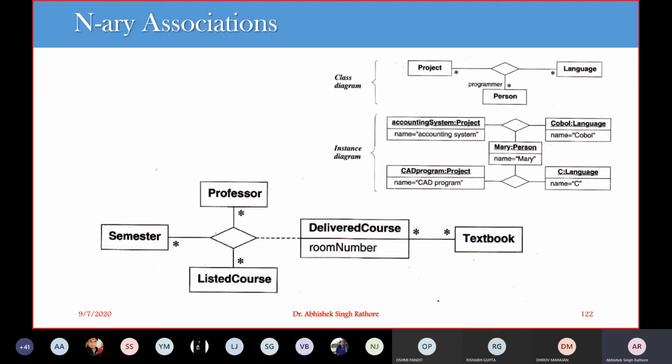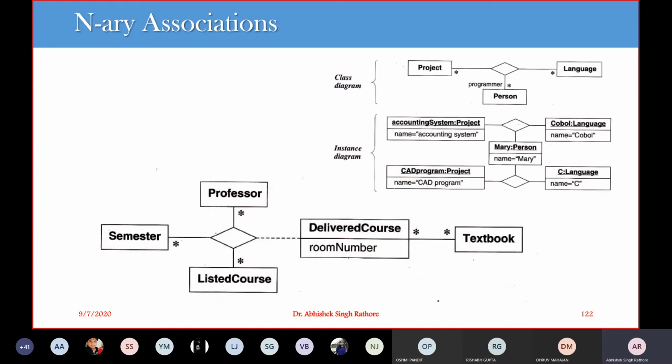A person can work on different languages, and projects contain a number of languages like HTML and Java, and Python libraries and different C libraries are associated as well. So this is how we can map all those n-ary associations. This is a ternary association, just a simple usage.